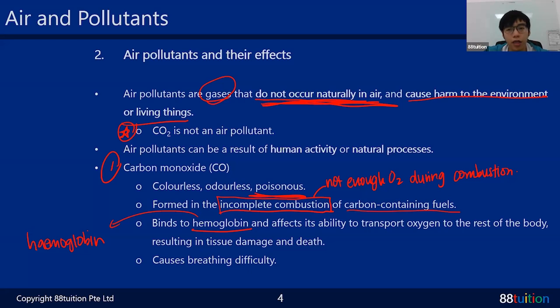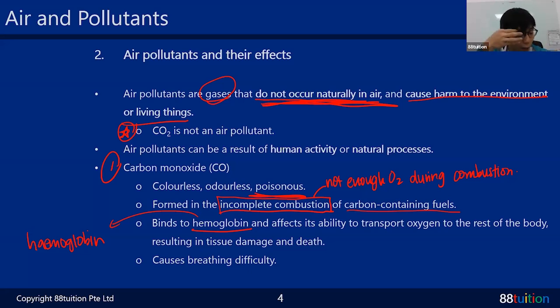Your red blood cells' purpose in your body is to capture oxygen from your lungs and then bring it to the rest of the body. So this whole thing is called oxygen transport, because the rest of your body, whether it's your tissues, your brain, your heart, they all need oxygen to function. So this hemoglobin binds the oxygen at your lungs and then is able to release the oxygen